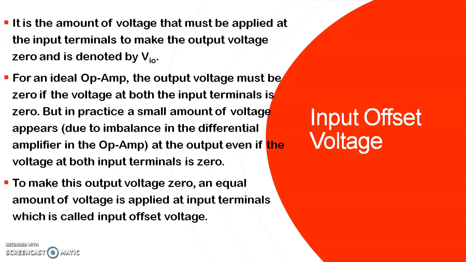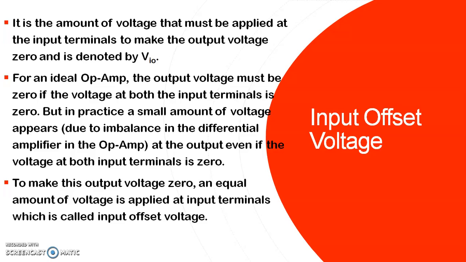Generally, when we don't apply any voltage at the input terminals of op-amp, that is inverting terminal and non-inverting terminal, the voltage is 0, then we expect that the output voltage of the IC or 741 should be 0, because this is a differential amplifier. It amplifies the difference between two input terminals. When there is no voltage applied, then naturally the difference is also 0, and hence I expect the output also to be 0.